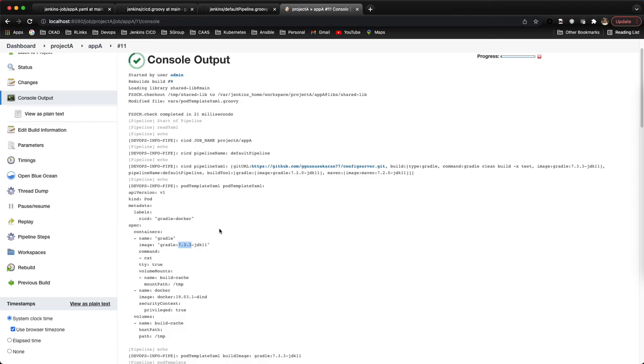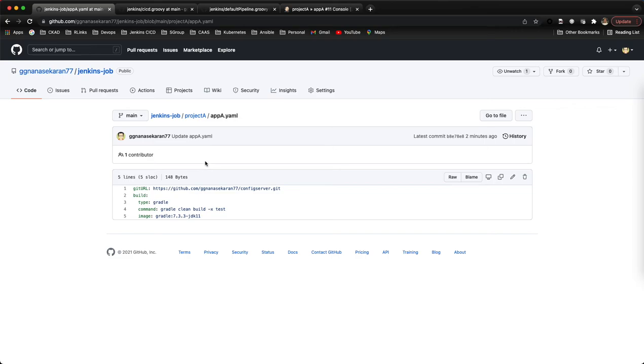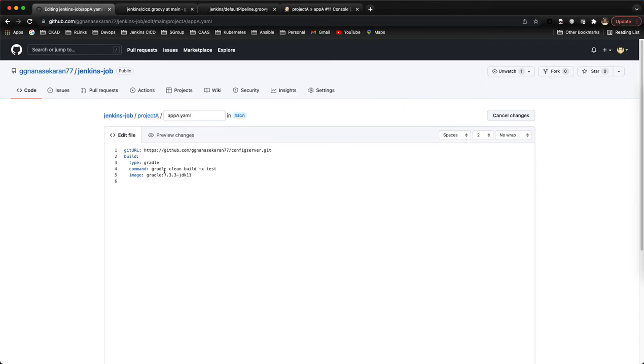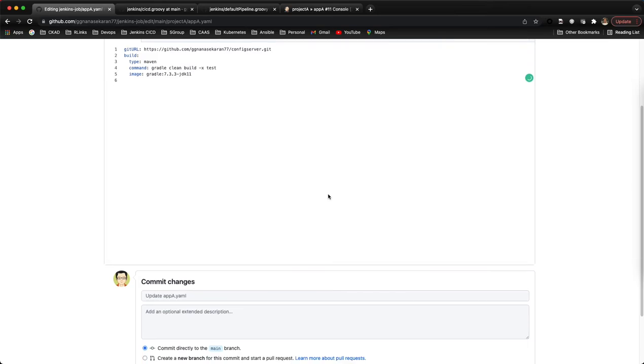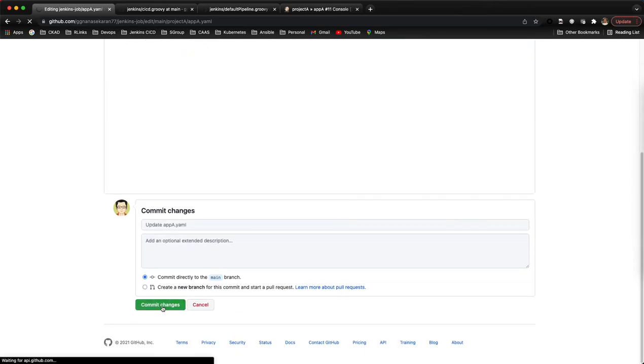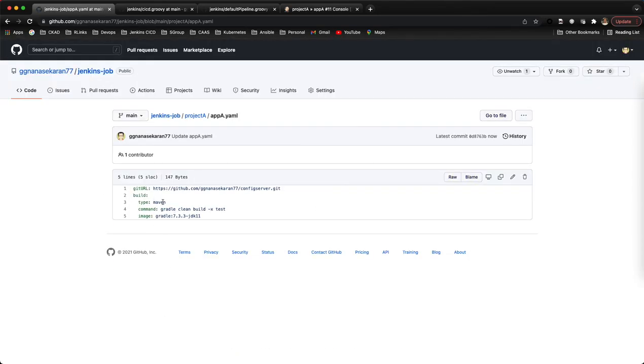As of now, we are using build type with Gradle. Let's say for example, we'll edit this one. Just for example, we'll make it Maven. Just as an example, I'm saying this is Maven, but inside I'm still using the same command, and the image is also the same image version.